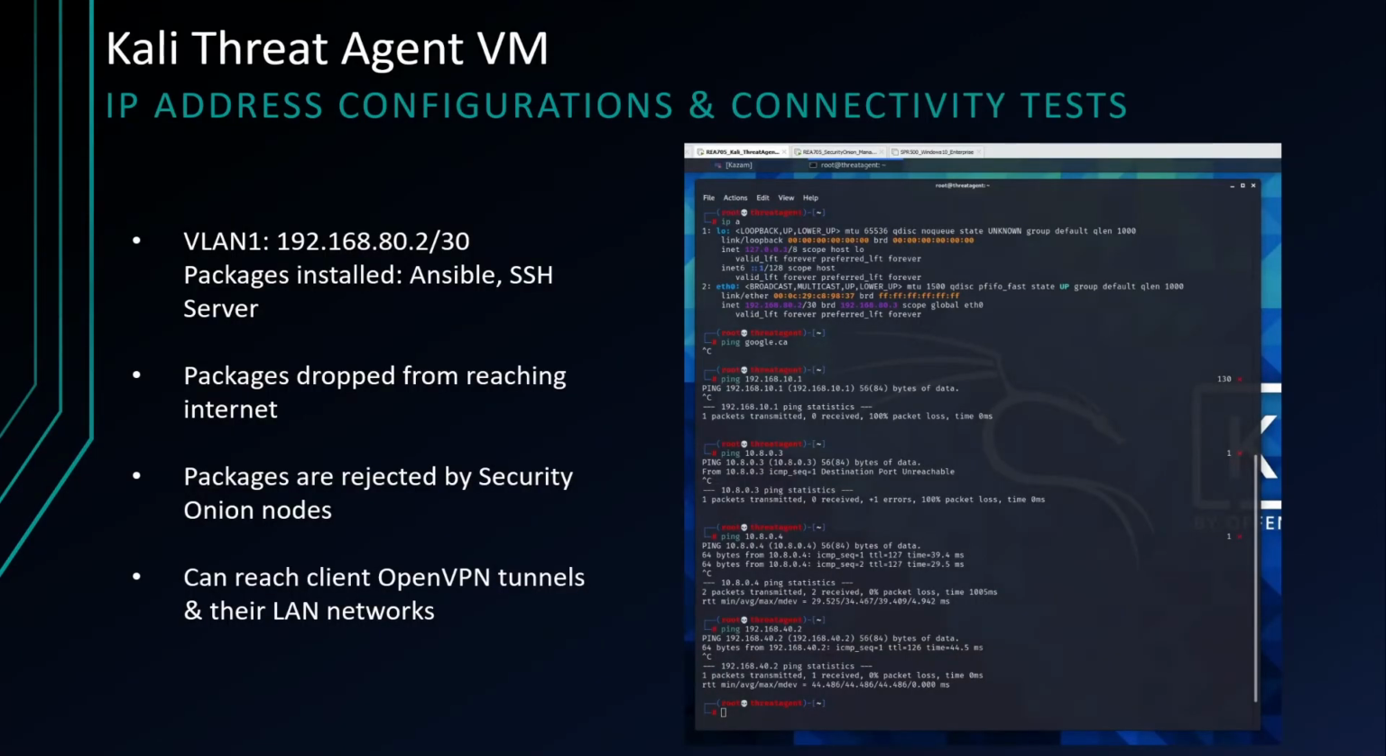Moving on, we're going to talk about the threat agent virtual machine. We're going to be talking about its IP address configurations and any connectivity tests that we've done so far. So as shown before, previously it's on a LAN segment with the CentOS gateway machine. It's designated at VLAN1, and it has the IP address 192.168.80.2/30. We've installed packages Ansible and SSH on this machine